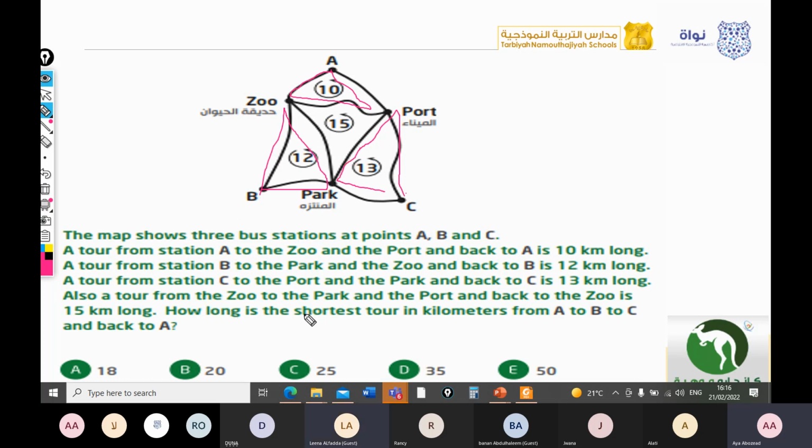Now, how long is the shortest tour from A to B to C? From A to B to C, all this. The shortest one will be